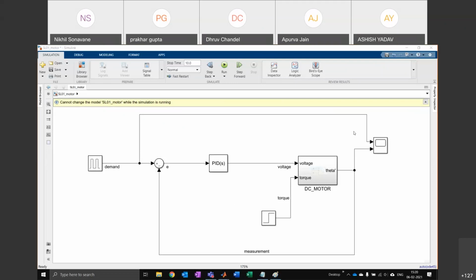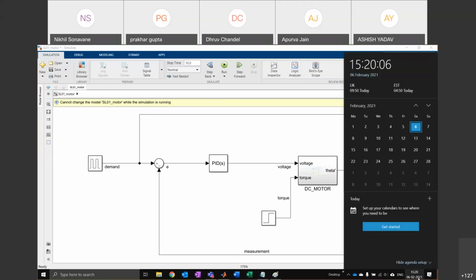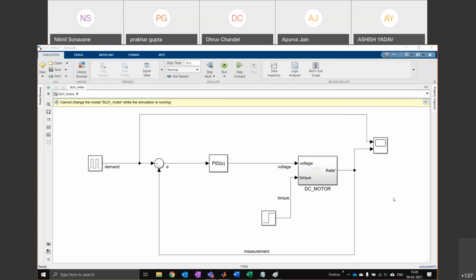So I'll teach you Simscape quickly and then we'll end maybe. I think this one goes till 4 o'clock. So we'll have a little break. And then we'll finish the last one very quickly. We won't spend too much time.